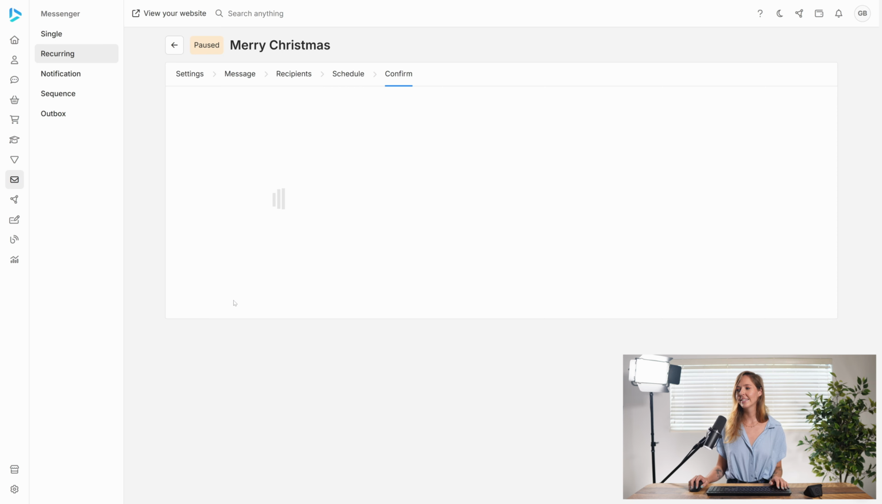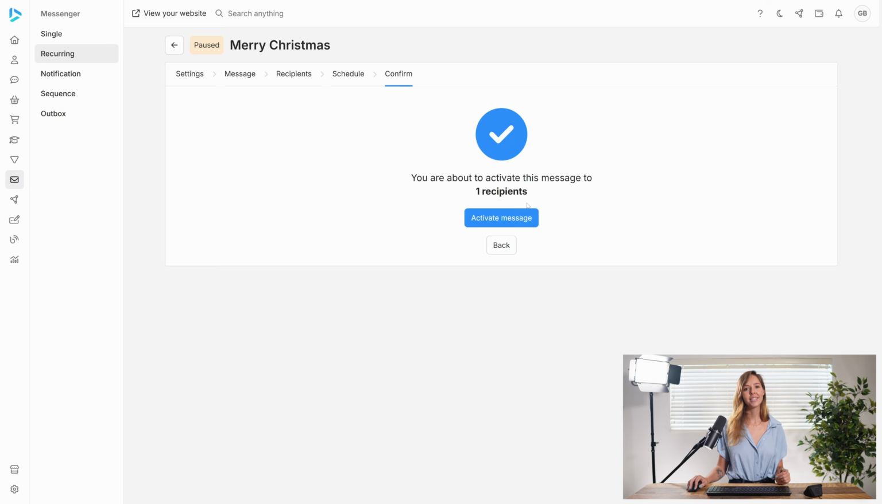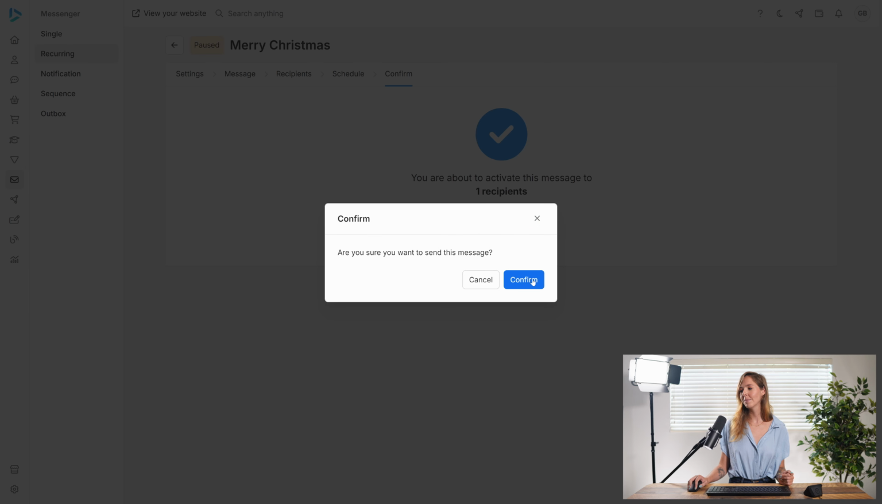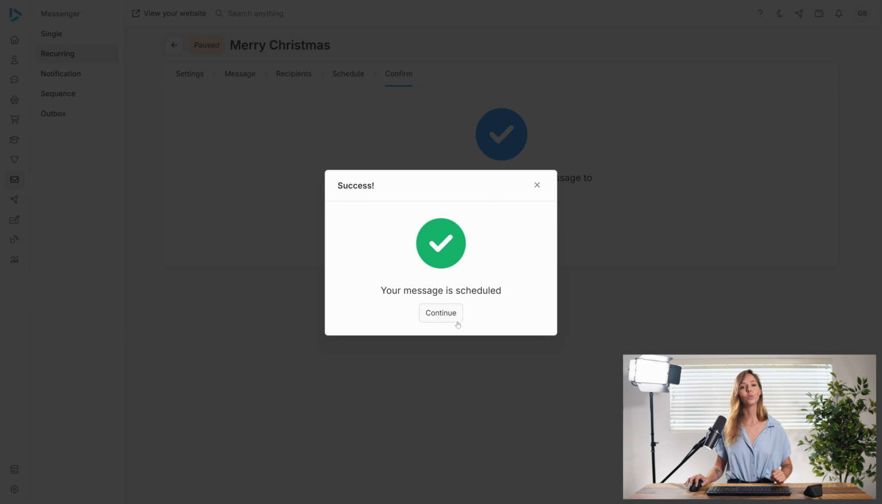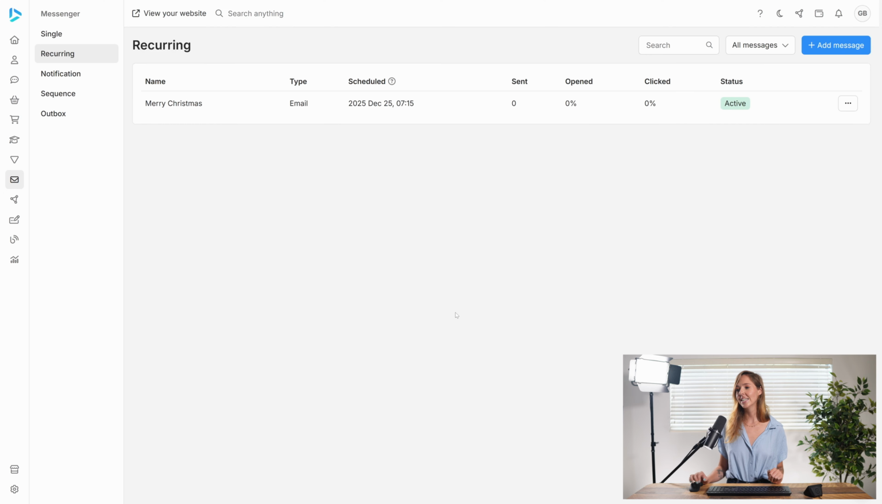Then we're going to hit next, and then you would confirm your message, and all you have to do is activate that message, hit confirm, and now your once a year Christmas message is being sent out to your users. You can hit continue, and that is an active message ready to go. So that is how you can set up recurring